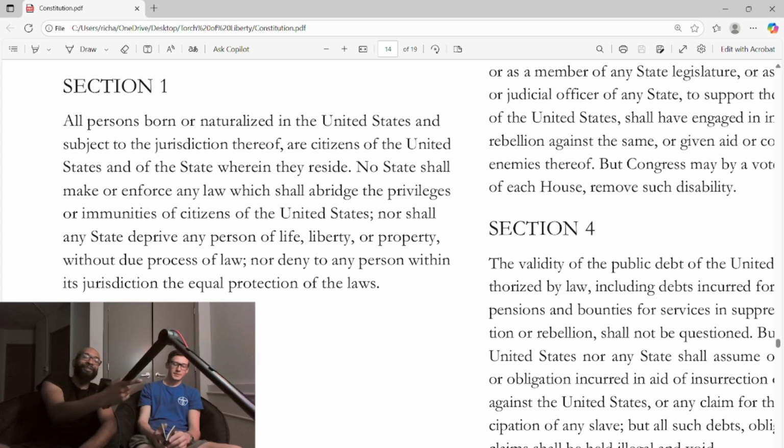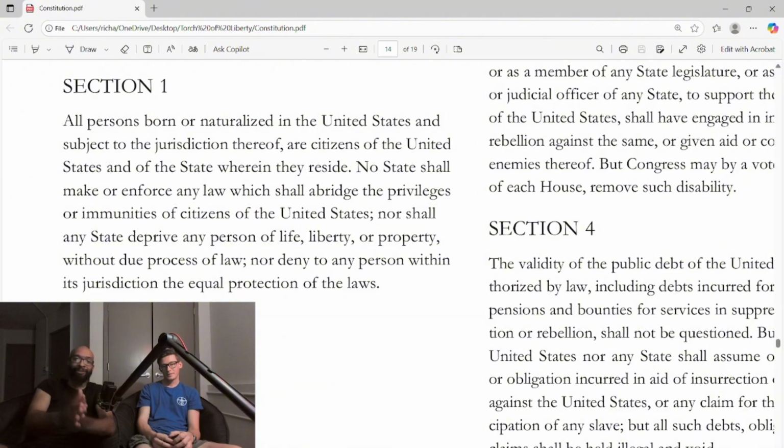And let's get into this too, because like Rick was saying, the first 12 amendments, they're all focusing on protecting your human rights. And all of a sudden, now they're flipping the script, it seems. It's very arbitrary, too. This first sentence is so arbitrary. It's like the king of England saying, all these people need to abide by this. All persons born or naturalized in the United States and subject to the jurisdiction thereof are citizens of the United States. That is a demand. You know what I'm saying?